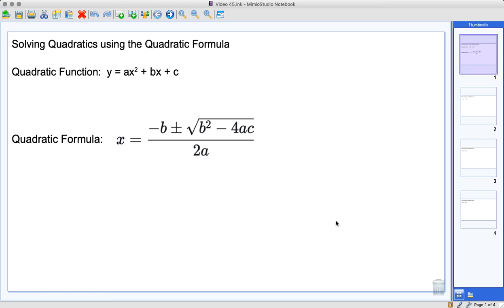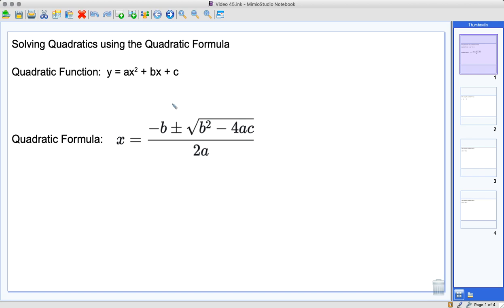All right, so our last method for solving quadratics is going to be the quadratic formula. Just a reminder, a quadratic function is y equals ax squared plus bx plus c. Then your quadratic formula is this: x equals negative b plus or minus the square root of b squared minus 4ac, and that's all over